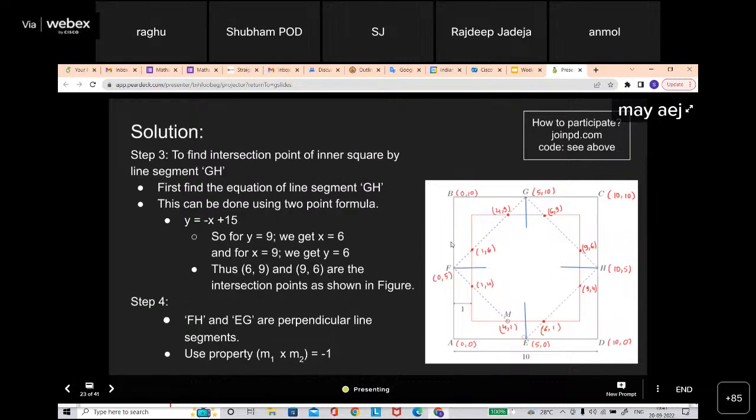Now the next one is, the question is asked for the intersection of the line joining this one and this one, like asking for the points where